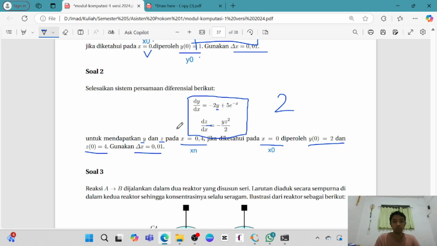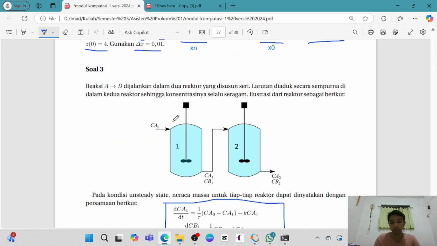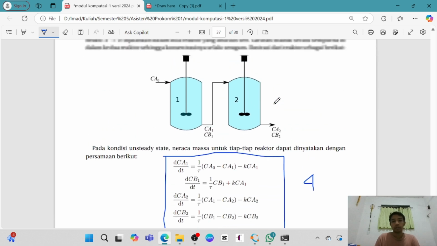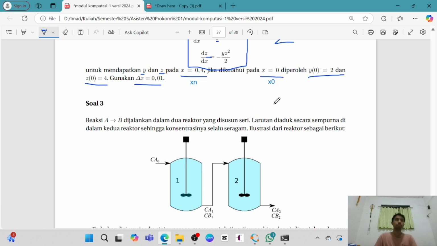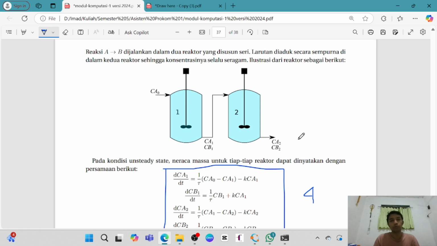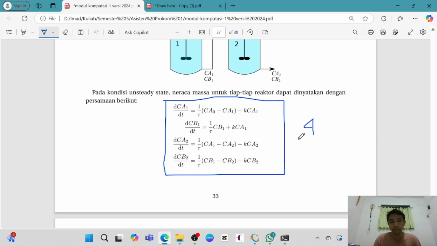We go back into the module. Then problem 3: we have four differential equations. Just solve this problem similar to problem 2, because we have to make the matrix, right?